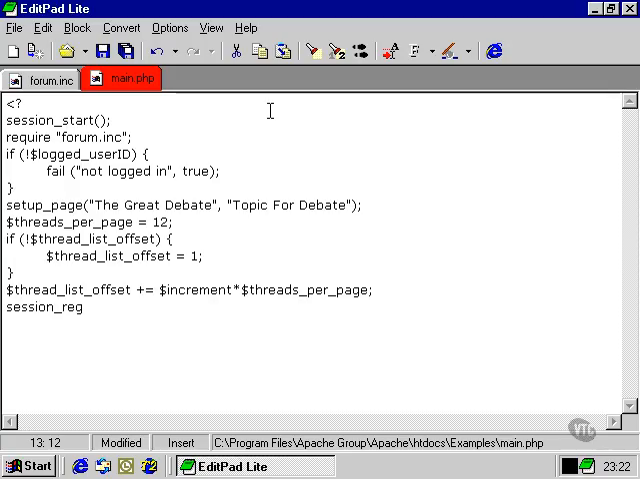We also need to register where the user is within the threads. That is the thread list offset variable. Next thing we need to do is connect to the database, which we're going to use with our function, and then we need to